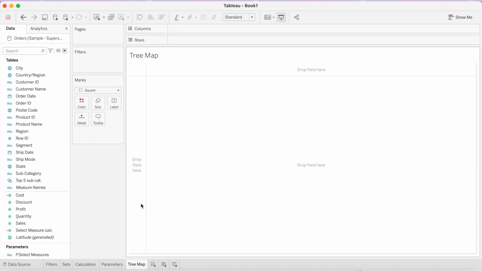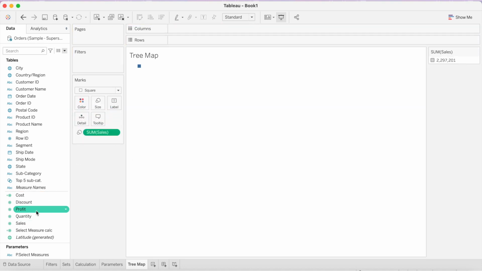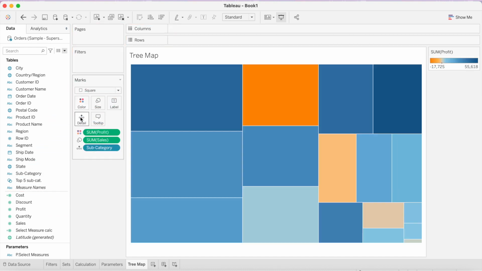Here let's say if we want to see sales by size and profit by color for each subcategory in a tree map, we will drag the sales measure to size, profit to color, and subcategory to details.